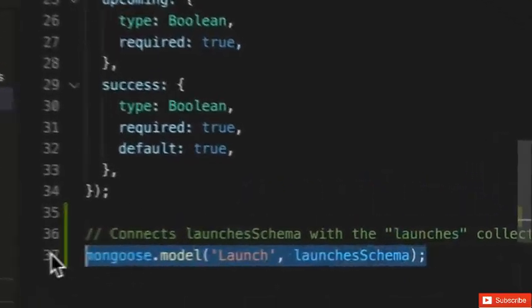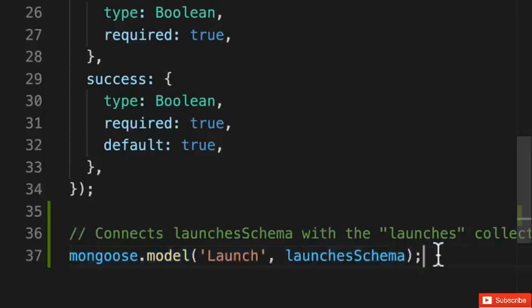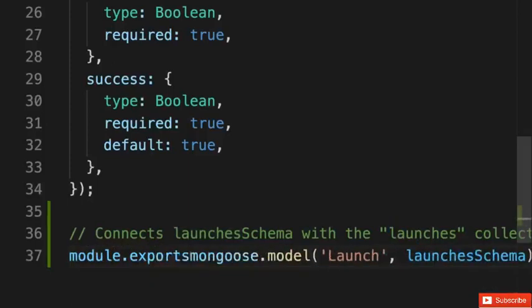When a model is set to use a schema like this, Mongoose calls this statement compiling the model. But basically, what we've done is we've created an object which will now allow us to create and read documents in our launches collection. We'll use this Mongoose model by exporting it from this module. So we'll set module.exports to be this Mongoose model,